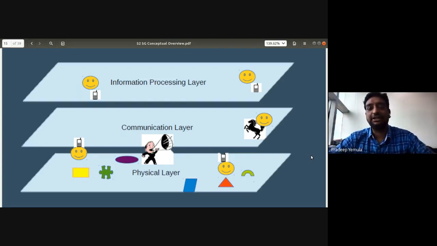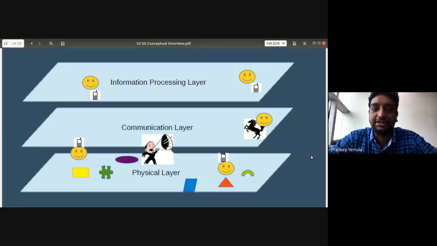There's nothing like 0% smart grid and 100% smart grid. Gradually, you will keep on improving different systems, and over a period of time your percentage of automation will increase. And finally, at the end, everything will be automated. I hope that again answers your question. Good question. Any other question?